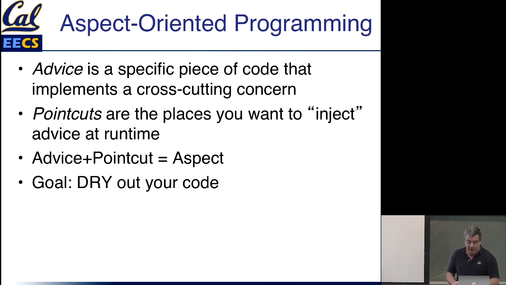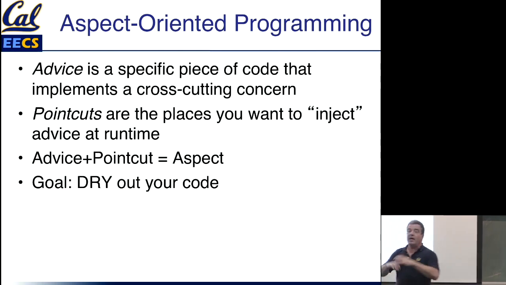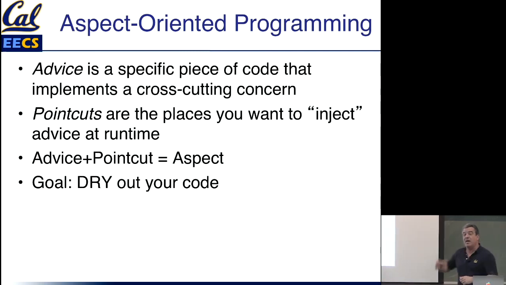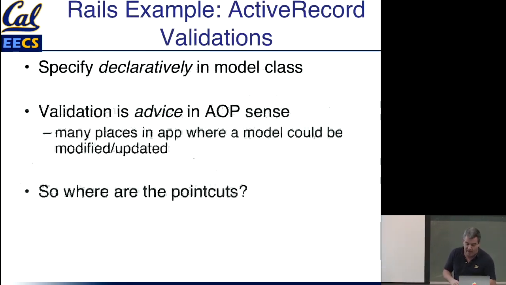This is a mechanism for drying out your code so that you can put this knowledge in one place, but rely on it being accessed from a bunch of places. So how does this work in Rails? Rails is not fully an aspect-oriented language. A true aspect-oriented language would give you a lot of freedom in what kind of advice you can define and how you specify the point cuts. But in Rails, because it's a model view controller framework, there are a couple of specific places where it makes sense to allow these point cuts to happen.